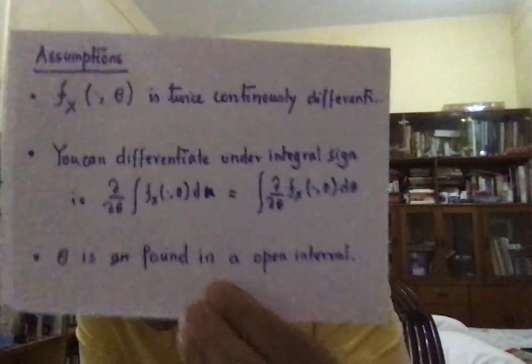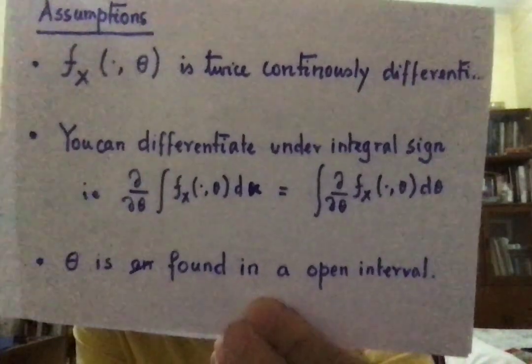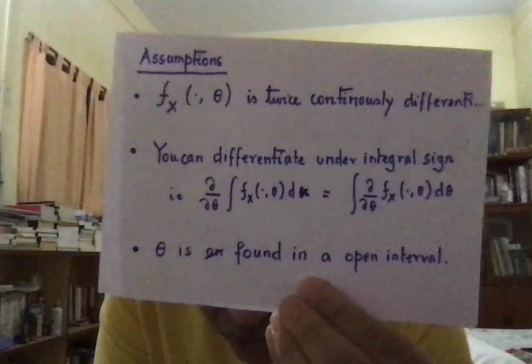So now we will draw a random sample, that is the game that we are playing, from a population, meaning a PDF is given. We are not going to concentrate on the PMF at all. You can write down the PMF yourself, figure it out. It's much simpler. With a PDF you have to do a little bit of jugglery. So the PDF is what we are going to concentrate on. The PDF for every fixed x is a function of theta, and we want that PDF to be twice continuously differentiable, and then we will assume that this